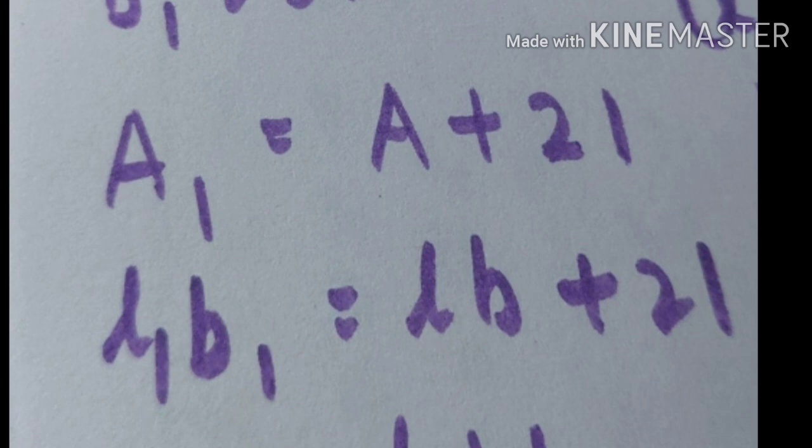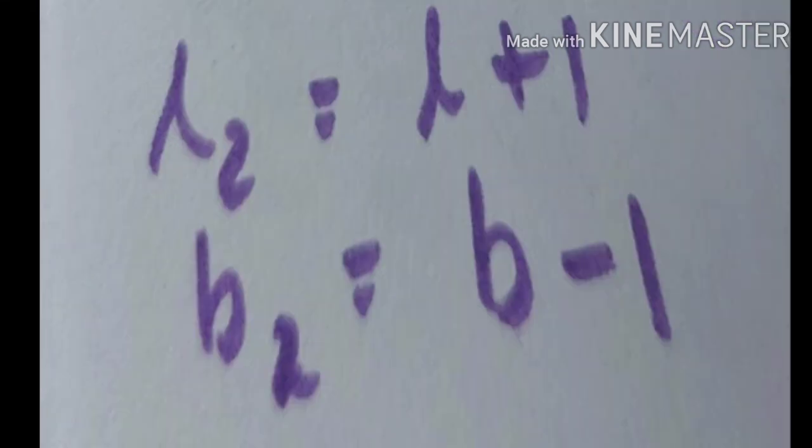Now it is also written that the area is increased by 21 square meters. So the new area A1 is equal to the old area plus 21, means the new area is increased by 21. But our A1 is what? L1 B1 is equal to A, which is LB plus 21. It means students, you have to think this A1 is the increased one, our dimensions, and A means the original dimensions we have chosen as L and B. So in this way we will substitute our values in this equation and get the next equation.